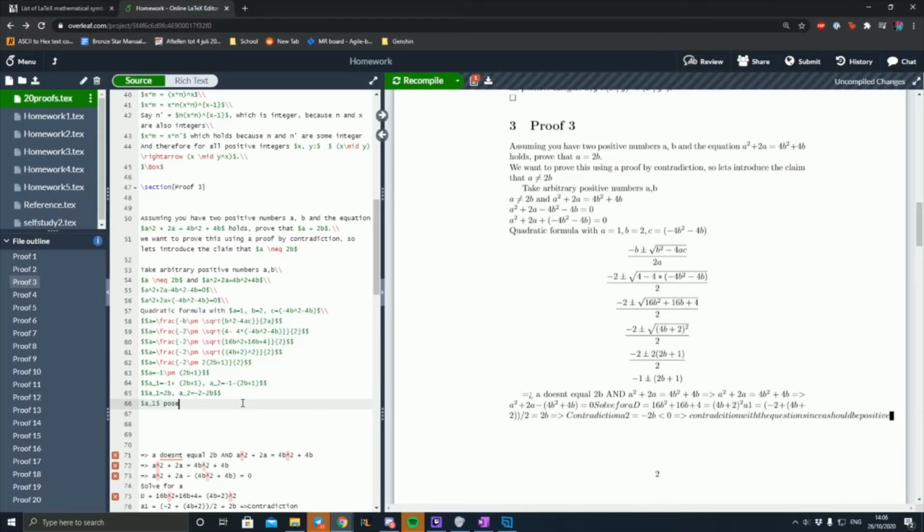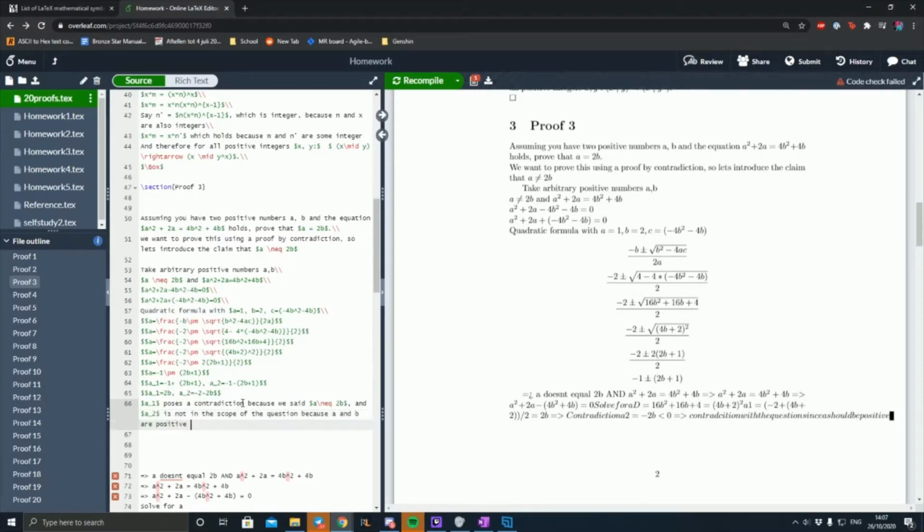A1 poses a contradiction because we said A is not equal to 2b, and A2 is not in the scope of the question because A and B are positive integers. Therefore, by proof by contradiction, we have proven that